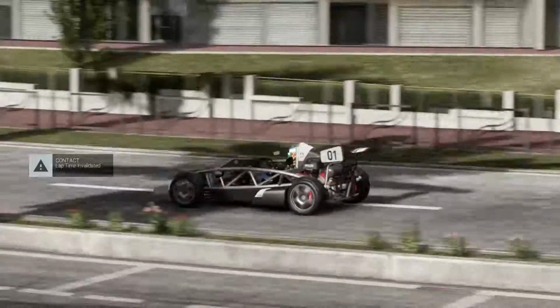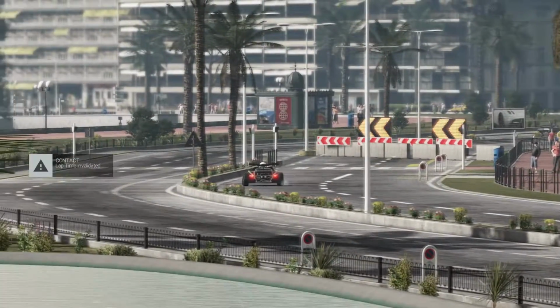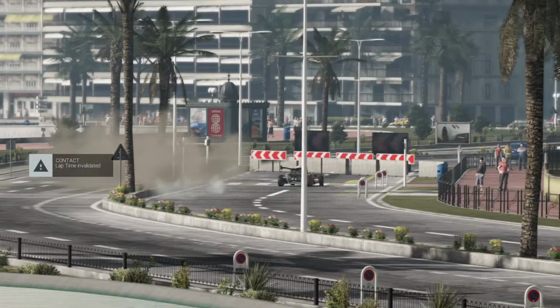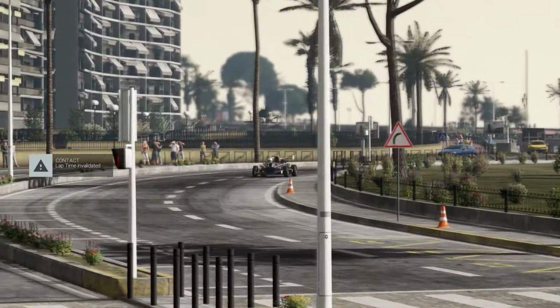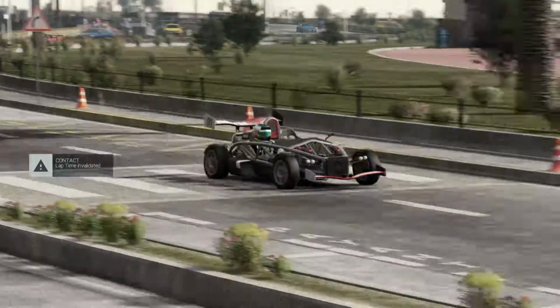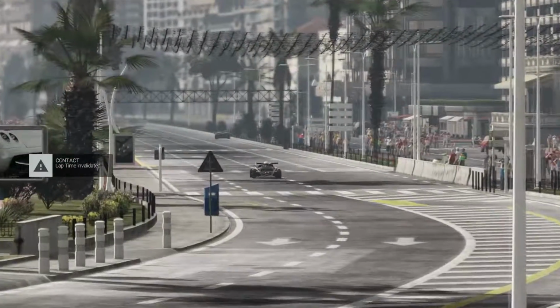Is he even in the right lane? Is that even part of the track? He looks like he's off the track. Look at that. He's off track and he hit that thing again. Do you still think it's part of his strategy? You know, I'm beginning to question that, but let's give him the benefit of the doubt. Besides those few times that he made contact with barriers, he was driving pretty good in my opinion, so